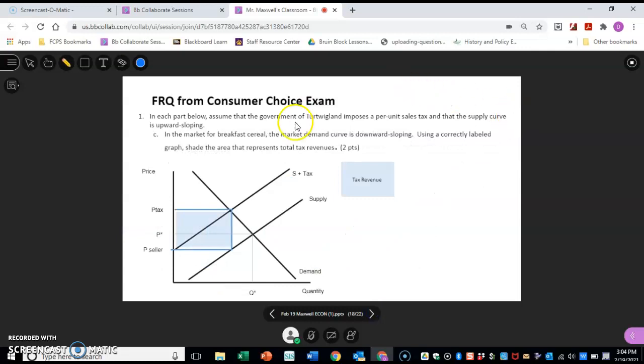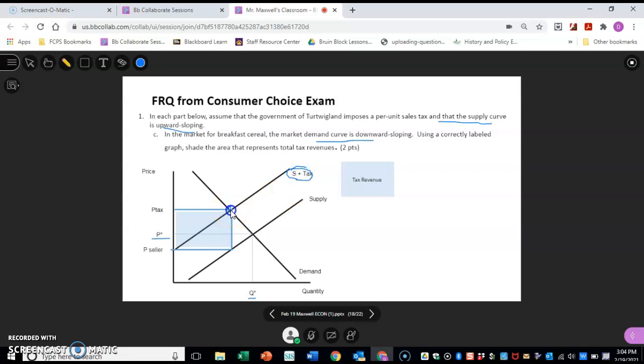The third part of this was, in the markets for breakfast cereal, we have a demand curve that is downward sloping, and remember, we have a supply curve that is upward sloping. It's our normal graph, right? So we have supply and demand with the original Q star, P star, Q prime, P prime, whatever you want to label it. Then we add S plus tax, and then we see that we hit the demand curve up here,